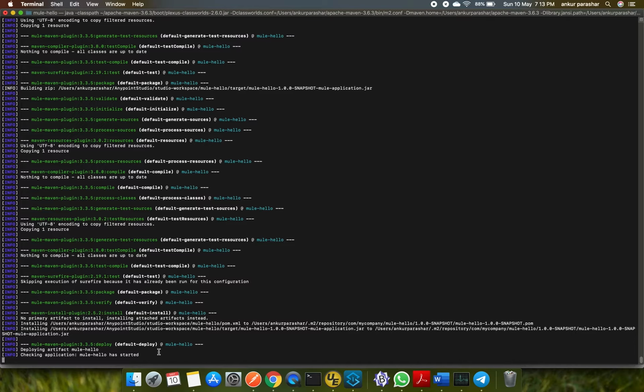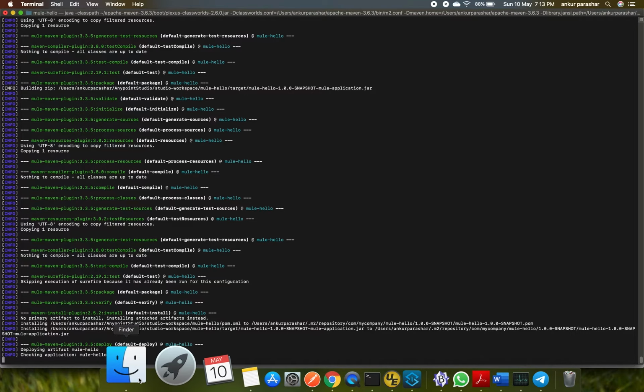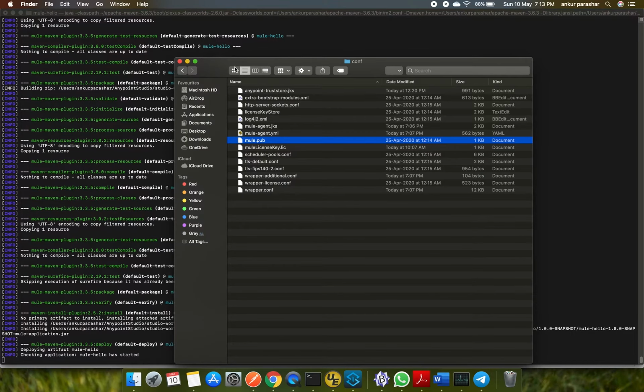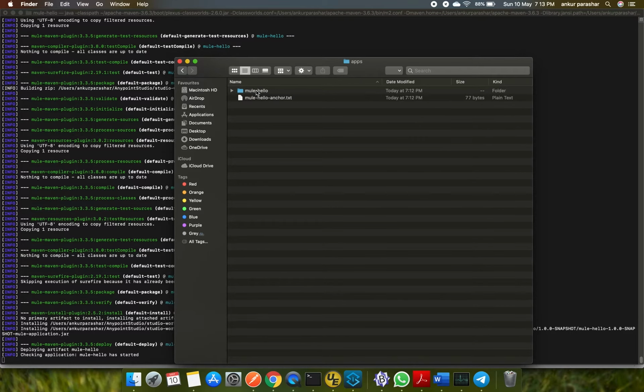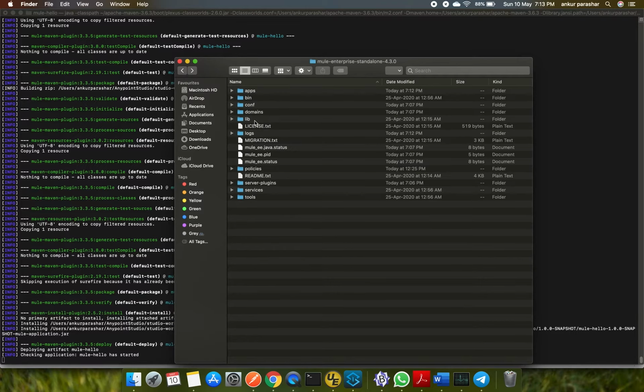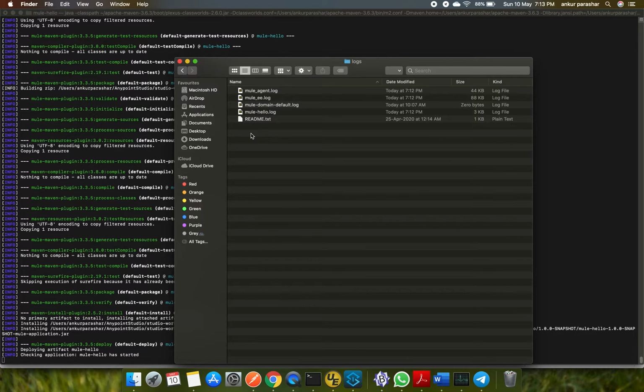It is checking if the mule hello is available or not. So what I will do, I will go back to my standalone version. You can see this mule hello and the anchor txt file is now available, so it means the application is deployed successfully. I can also check on the log level.